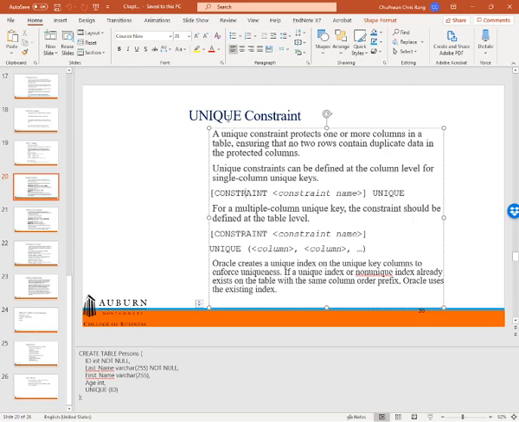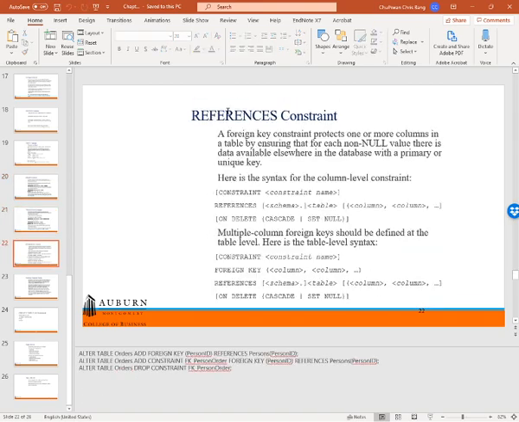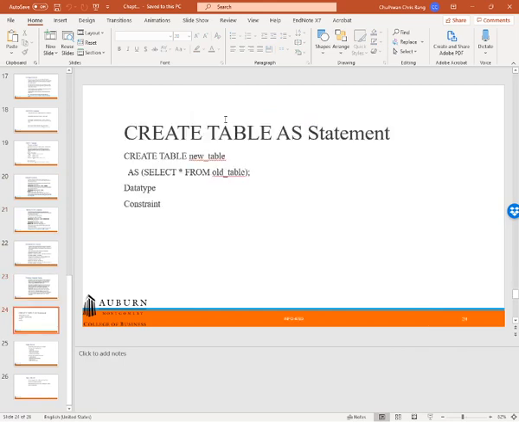So student ID has to be the primary key, although social security number can be a unique constraint or unique column. So you can create a column with the constraint option, type and name, and the unique constraint as a sub option. All right, and let's go to this